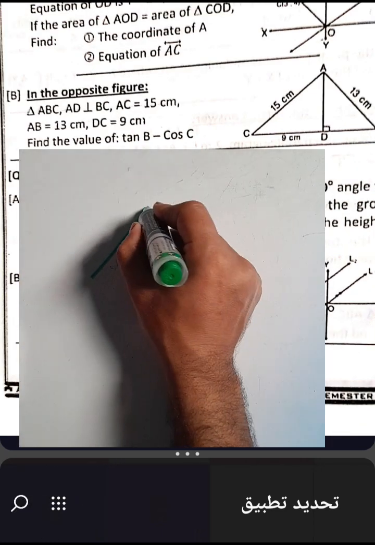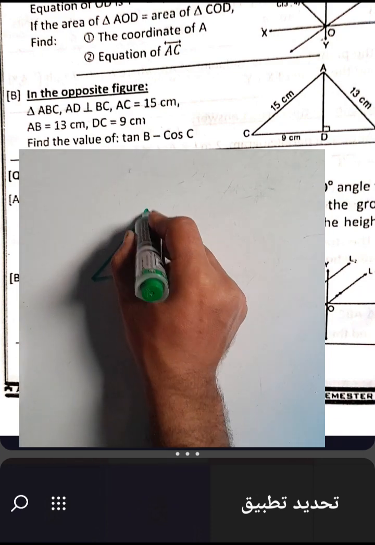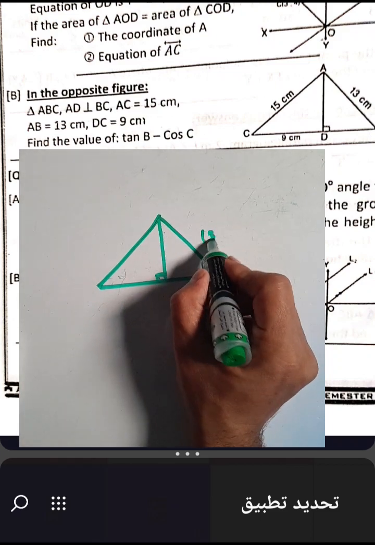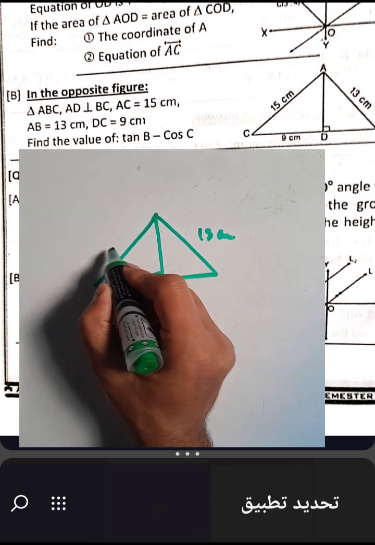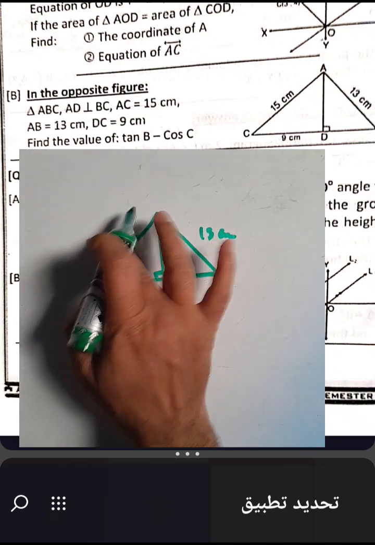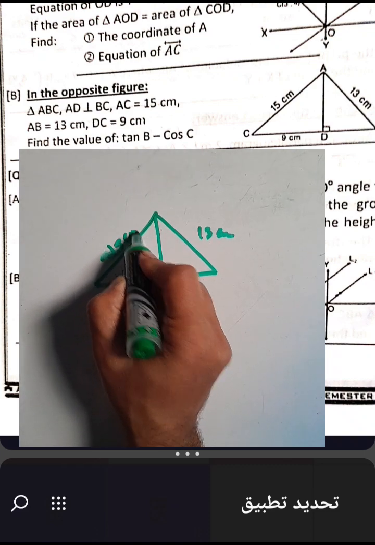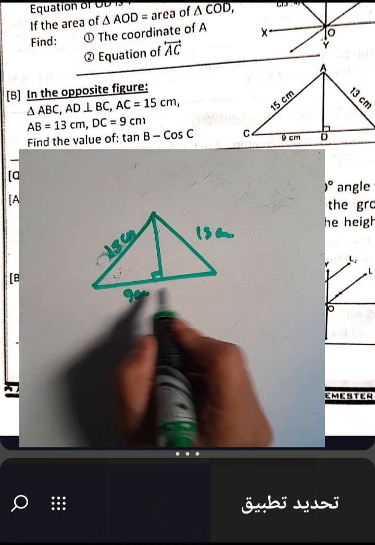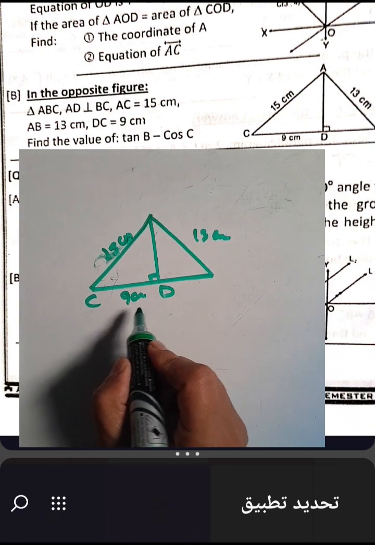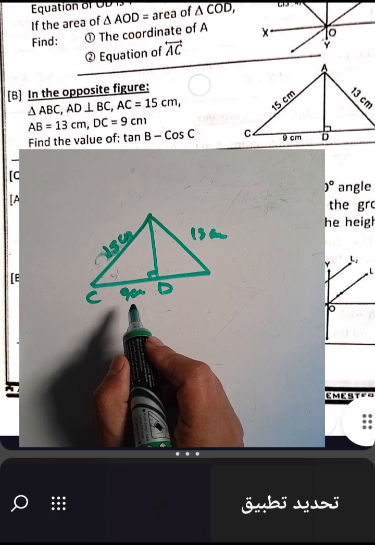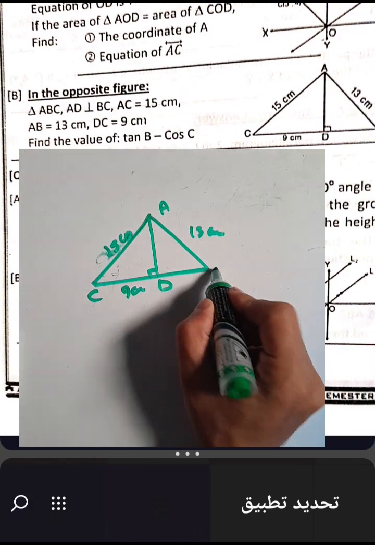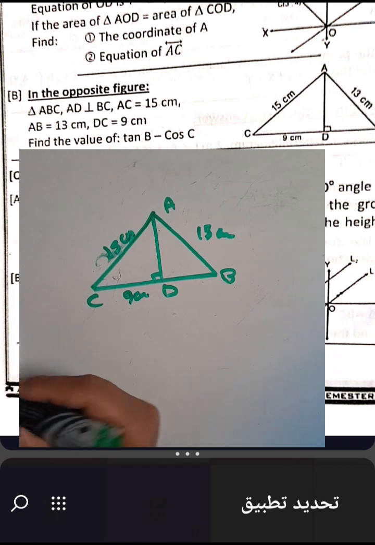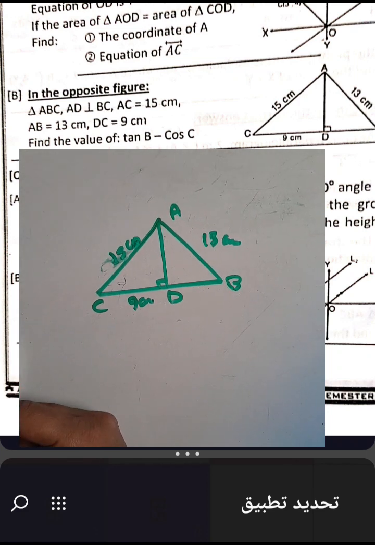Here the right angle triangle is smaller, and we have 13 centimeter, 15 centimeter, and 9 centimeter. We have CD, and here EP, with 9 and 13 and 15. You want to find the value of